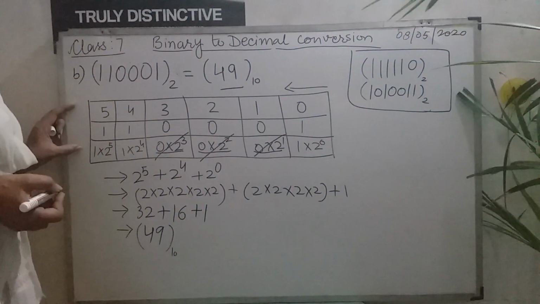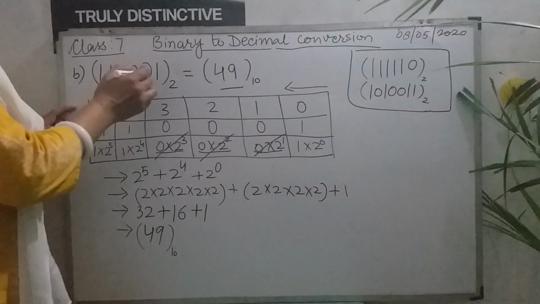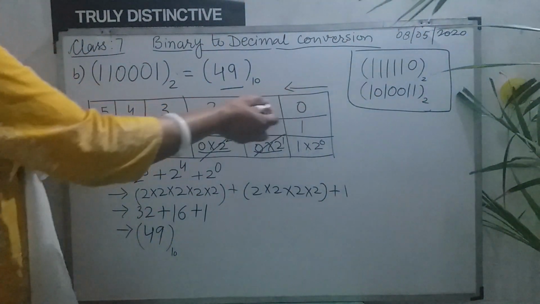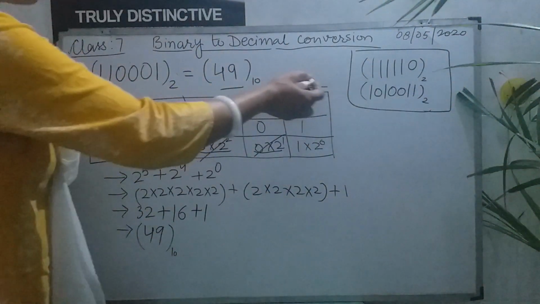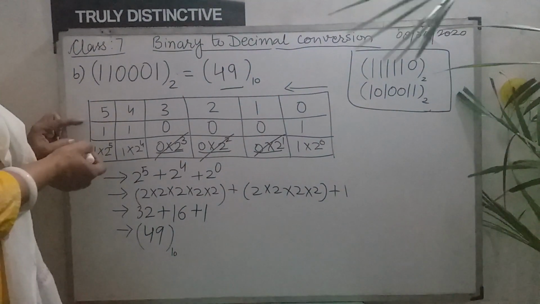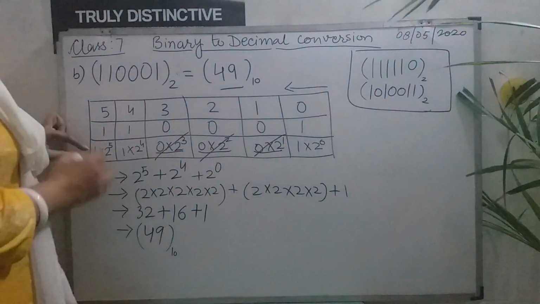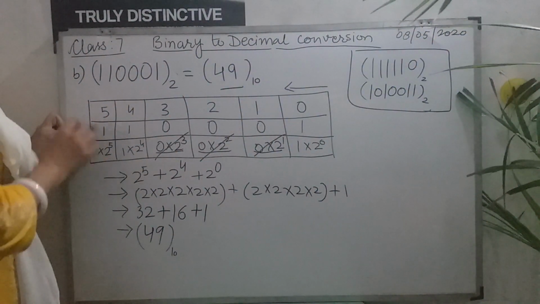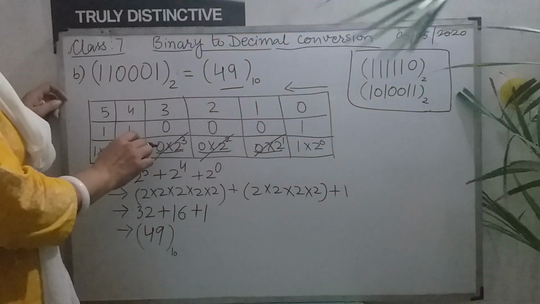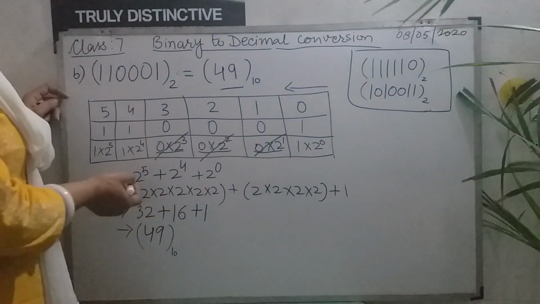Make a table of 3 rows. The table must have a number of columns according to the number of digits present in the binary number. First, in the first row, you will write the column numbers. Column numbers will start from right to left, and the first column will be 0 and so on. After that, in the second row, you will write the digits from left to right, and after that you will write the digit multiplied by 2, with the column number as the power. Is it clear? And wherever you are multiplying the number by 0, cut those out, remove those, and then finally calculate the answer.